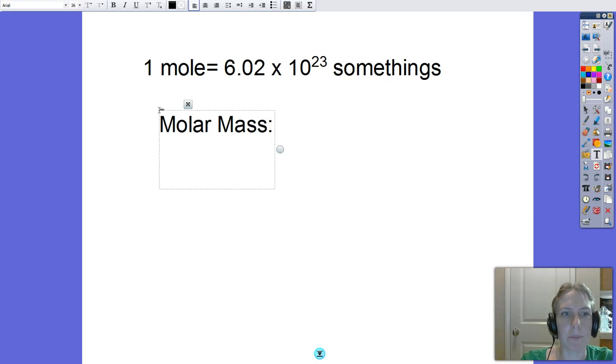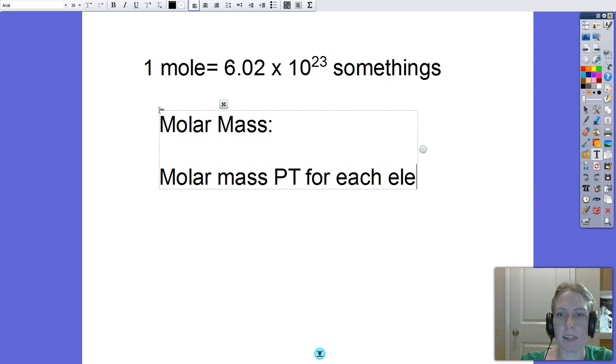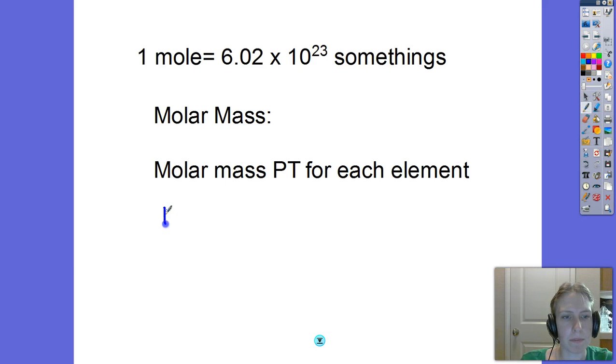And to do that, we're going to use the molar mass on the periodic table for each element in a formula. So let's take a look at that. Real simple. So if I have a compound like H2, so hydrogen gas, if I wanted to know how much 1 mole of this weighed,